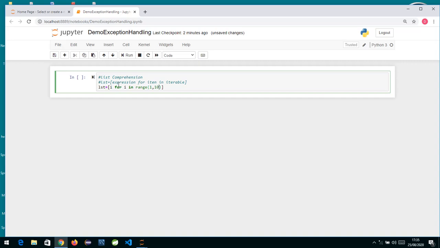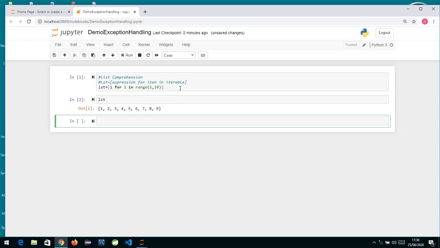So what will happen here is, this is in square brackets, and this for loop will iterate, so the value of I will be 1, 2, and so on. When we say range of 1 to 10, it will start with 1 and finish at 9. So when we say 10, it will exclude 10, it's always exclusive, so till 9 it will go. Each time, whatever is the value of I, this expression is going to be part of the list. If I hit shift enter and check the list, it is 1 2 3 4 5, all the 9 elements, and it has created a list.